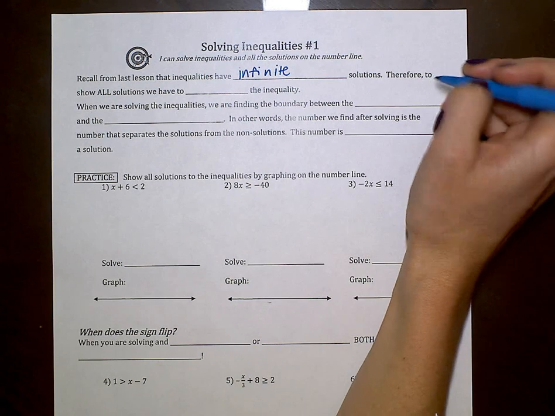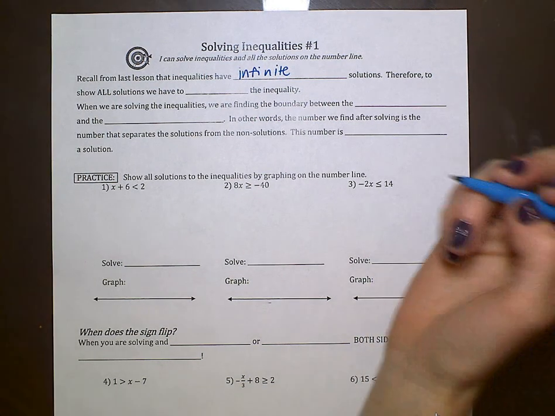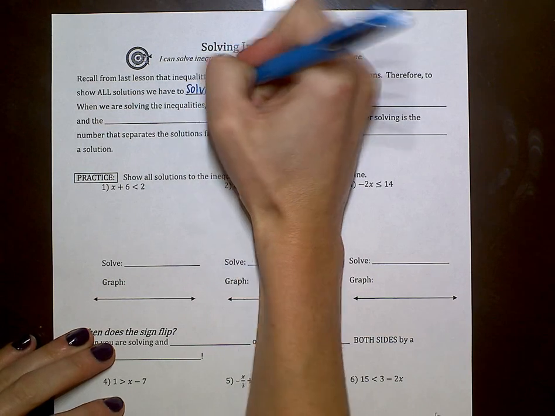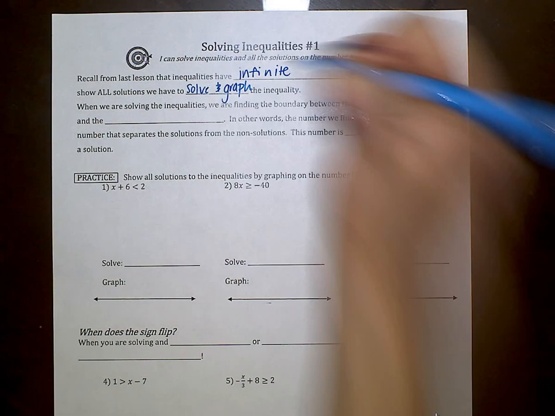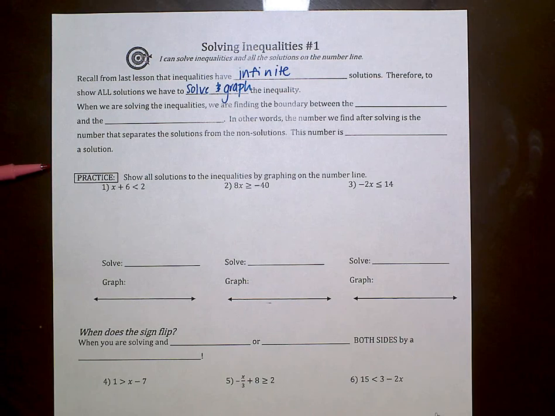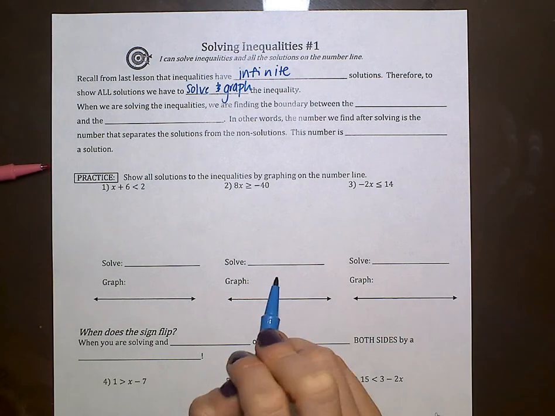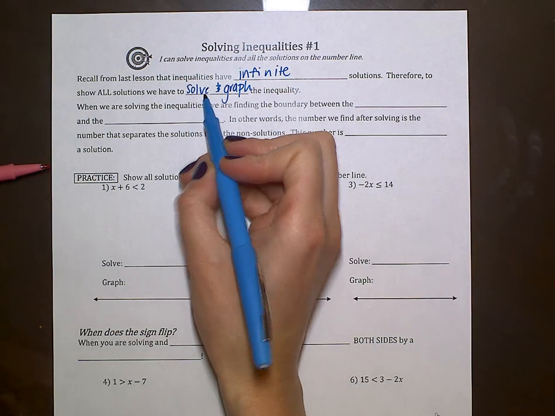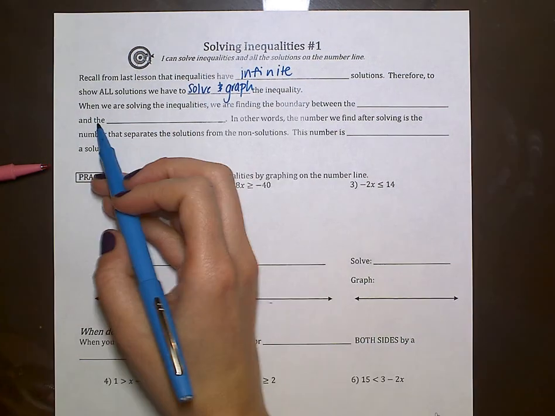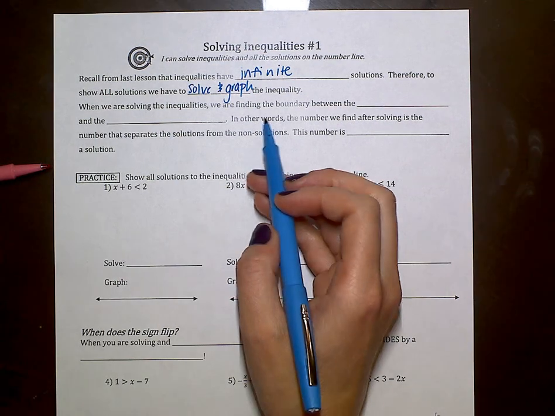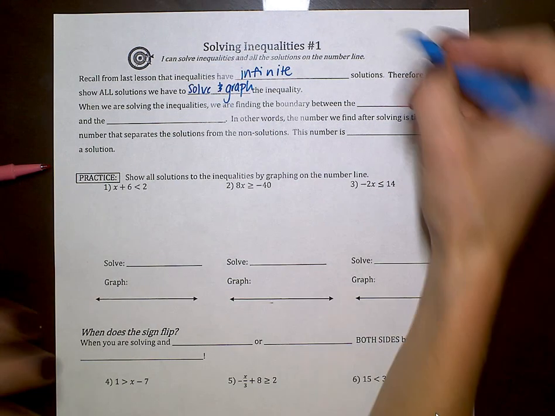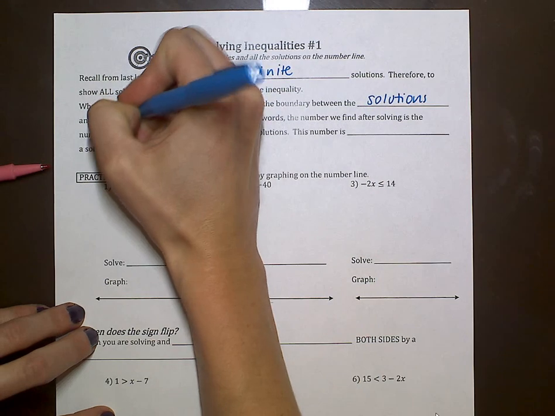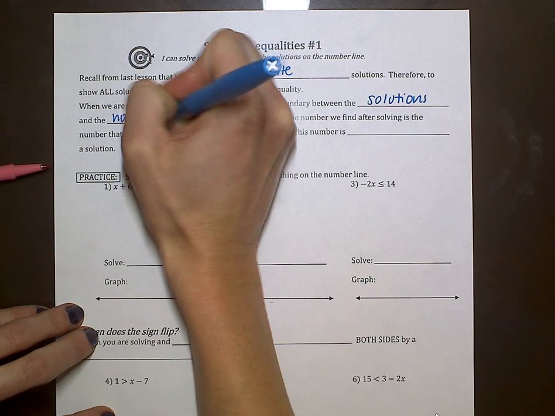Therefore, to show all of the solutions, we have to solve and then graph, because remember on the number line you can graph the inequality, and that shows us where all of the solutions are. Now, before graphing, like I said, we have to solve the inequality, which is what we're doing. When we're solving, we're finding the boundary between the solutions and the non-solutions, which sounds weird, but